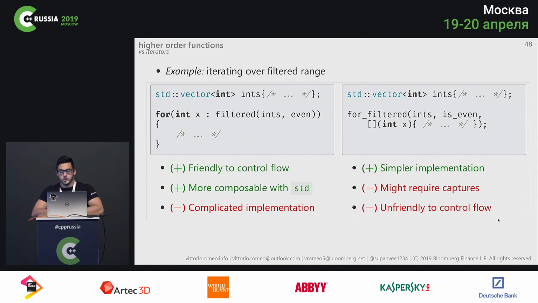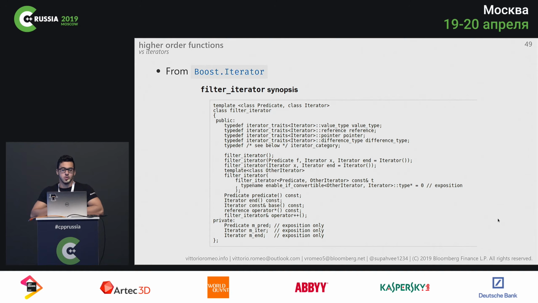So again, to show you the implementation, if you want to do something like a filter iterator and do it properly, make it compatible with the rest of the algorithms, then it is not trivial anymore. You would have to write something like boost iterator, so make sure you have all the right traits, all the right constructors, you expose the right interface for the iterator, and so on. And this could potentially also be slower than the higher order function, depending on your optimization level and how you implement it. So this is not a trivial task anymore, and you need someone that's experienced in library development